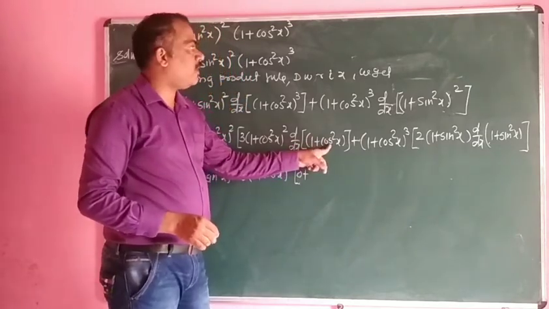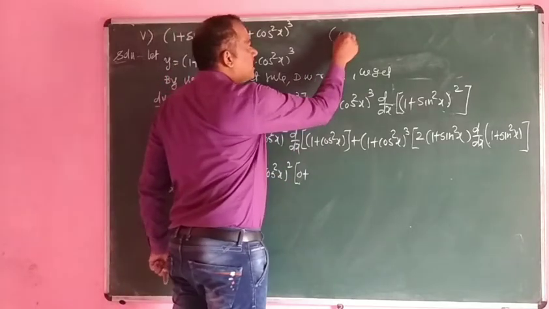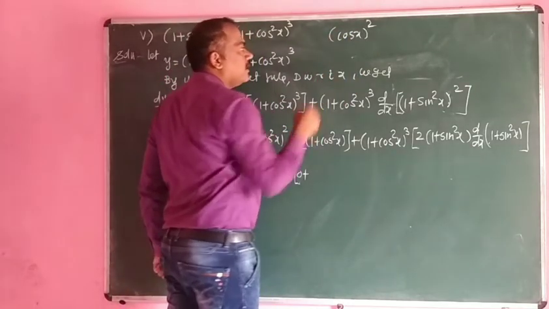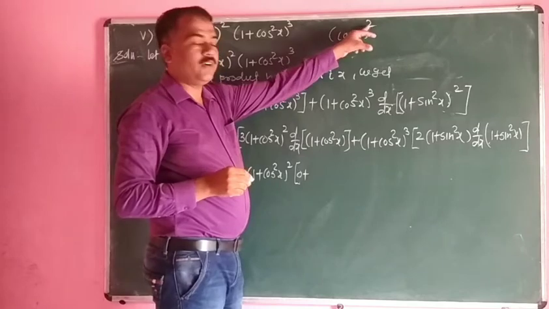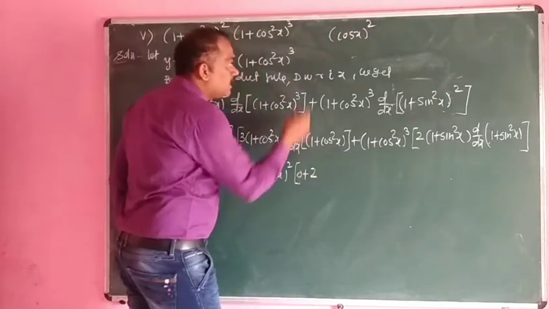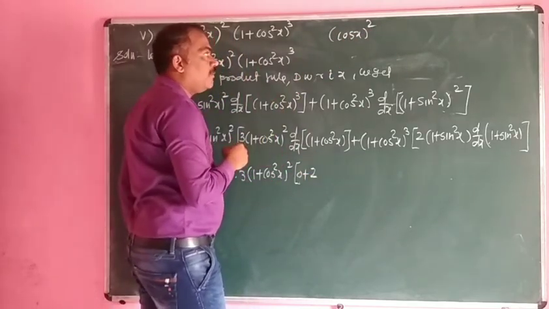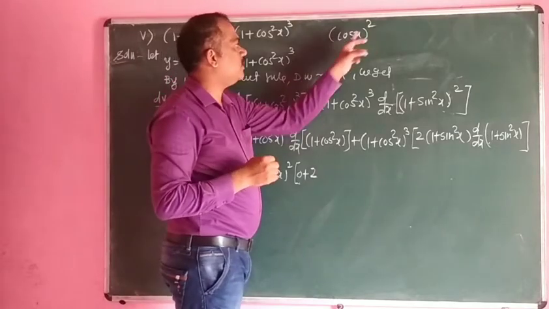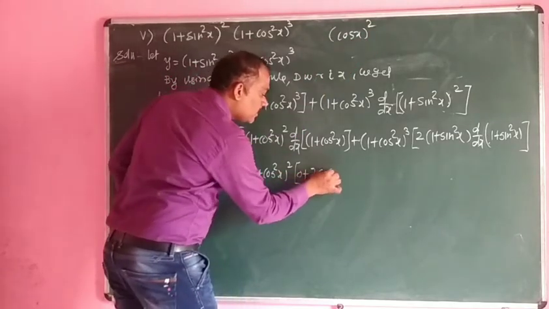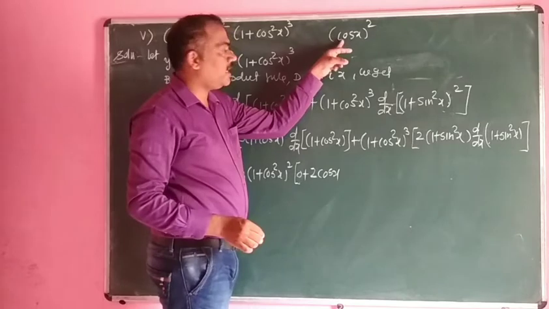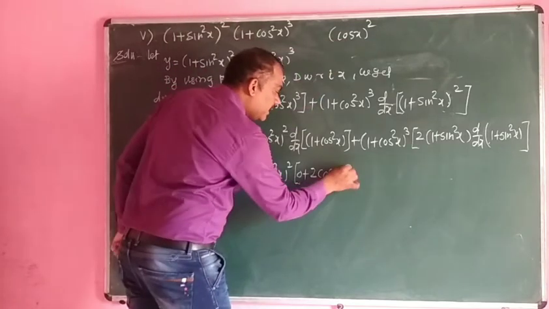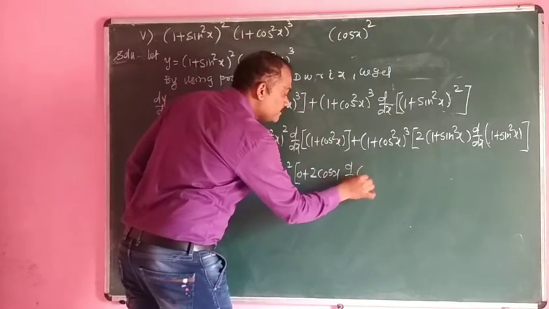We treat it as a power function like that, [cos x]². First keep the power as it is, that is 2, and from that power we minus 1, that is 2 minus 1, 1. That is 2 times cos x. Now we have to take the derivative of this cos x, that is d/dx of cos x,